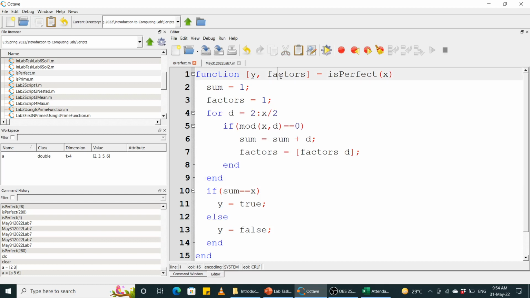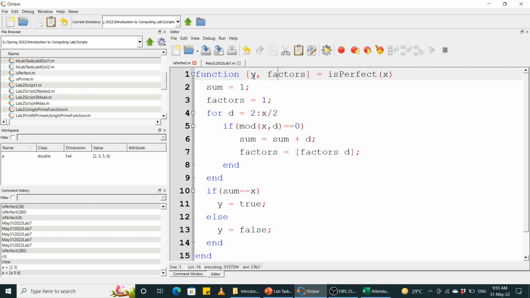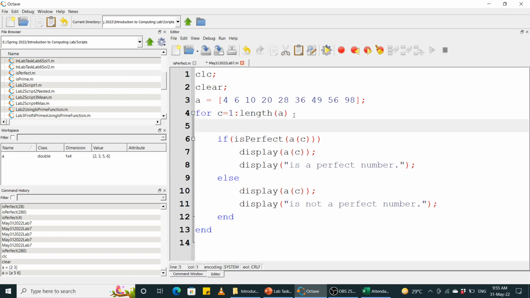और वो हम रिटर्न कर रहे हैं एज आउटपुट। अच्छा, अब यहाँ पे आ जाएं इस स्क्रिप्ट फाइल में जहाँ पे हम इस परफेक्ट फंक्शन को यूज कर रहे हैं। ठीक है, अब इस परफेक्ट फंक्शन हमें एक आउटपुट नहीं दे रहा, 2 आउटपुट्स दे रहा है। ठीक है, 2 वैल्यूज आ रही हैं हमारे पास आउटपुट के तौर पे, एक y और एक फैक्टर्स। तो यहाँ पे हम किस वैल्यू को चेक कर रहे हैं? ठीक है, तो अब थोड़ा सा हमें ये आउटपुट भी तरीके से लेनी होगी।